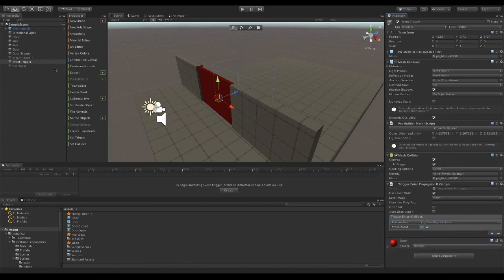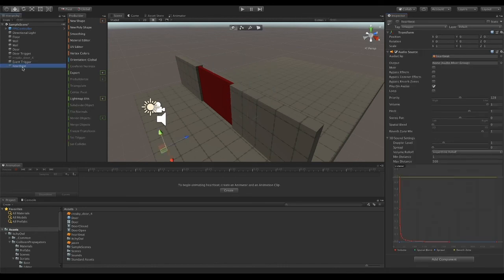Now, a lot of times to keep it organized, if it's player events like a heartbeat or something like that, you'd probably just put it under your FPS controller, the sound, and keep it off, but turn it on when you need it. So if it's like player stressed out, then you can start your heartbeat, or if it hits certain triggers in your level, you play that sound. But if I come to my heartbeat, let's go ahead and first turn it to loop. It's already on play on awake, so if we play it now,